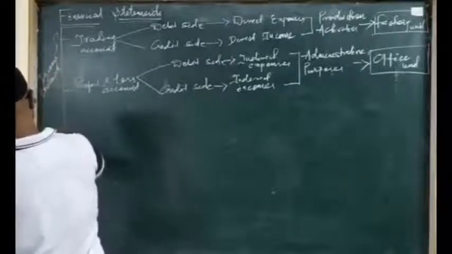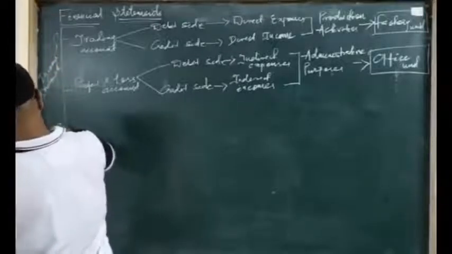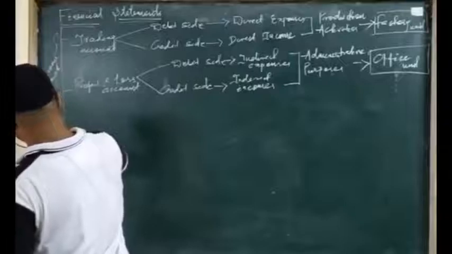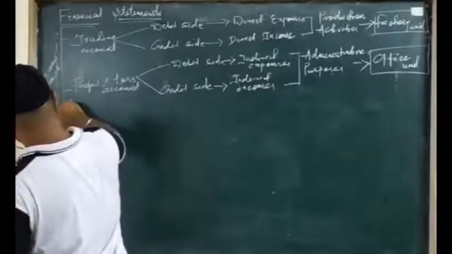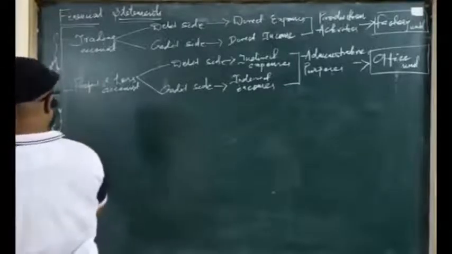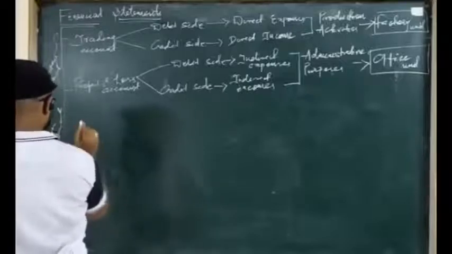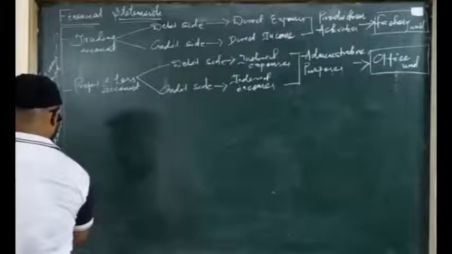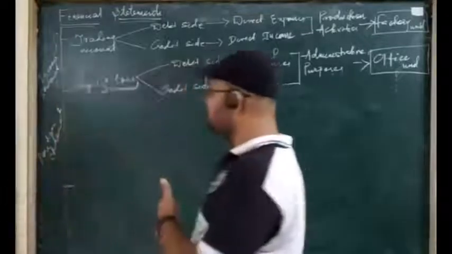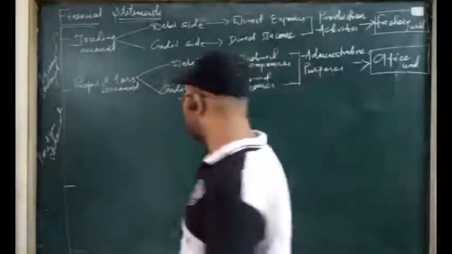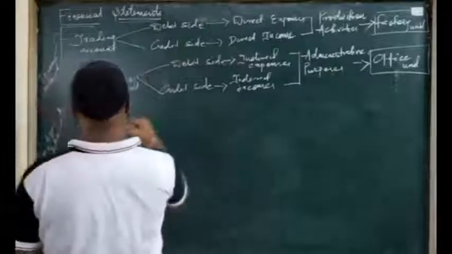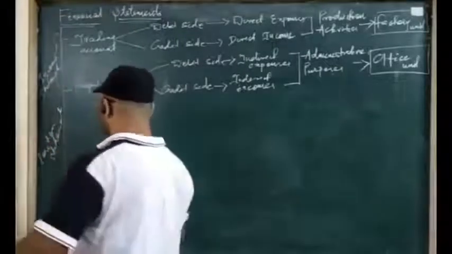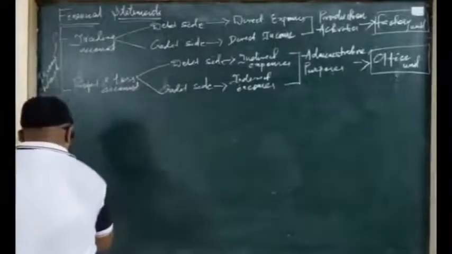Now we are discussing the position statement. So this is your position statement, that is your balance sheet. Okay, so now we are going to discuss the balance sheet. I am writing a little bit down for making a proper classification and categorization for better understanding. The third financial statement under the final account chapter is the balance sheet,